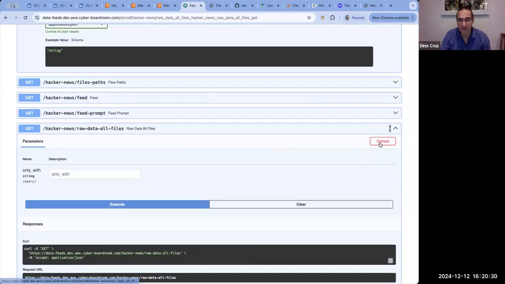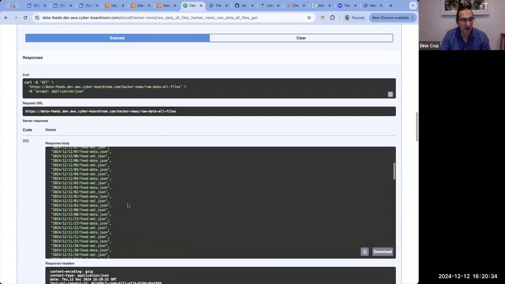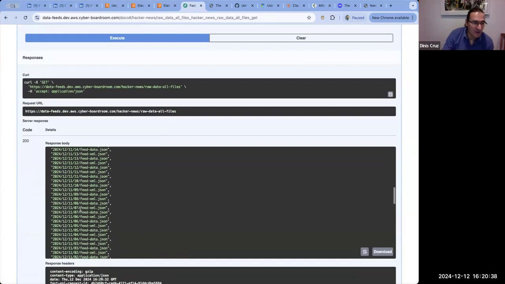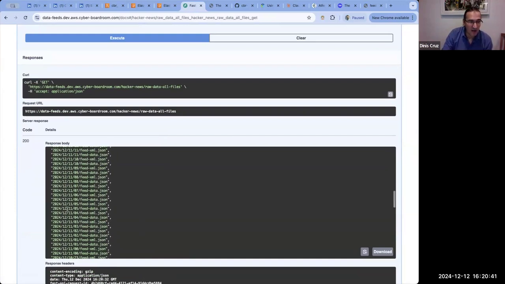In fact, you can see it here. This endpoint at the moment lists all the files that are in S3, in this area of S3, and you can see that for every hour there's a feed. It's quite cool because I already have a nice historical view of the feed. It's quite interesting to see the feed evolve, to see when things appeared at a moment in time,